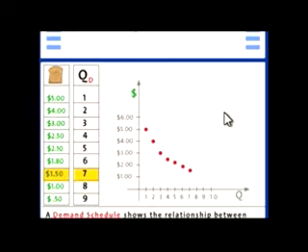And we get 8 loaves if the price is $1 per loaf. So let's see if I can find that point. $1 and 8 loaves. And 9 loaves if the price is 50 cents per loaf. So that's this point here. What I did was take each combination of price and quantity from my table and represent it as a red dot in this diagram. Red is going to be my official color for demand,